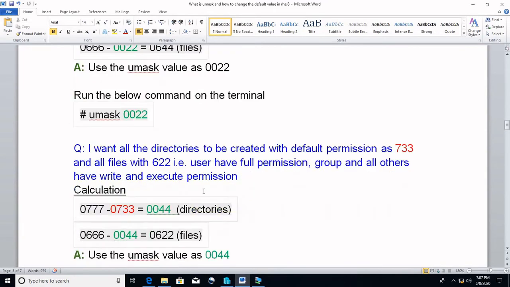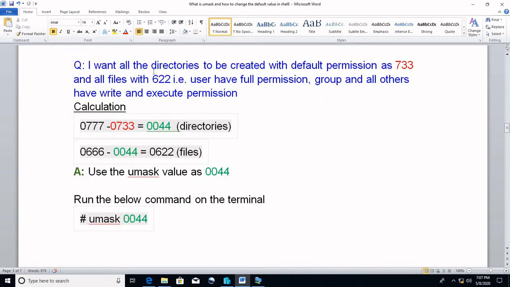I'll go to the next example. I want all the directories to be created by default as 733, and all the files 622. What you have to do is 777 minus your required value 733, then you will get the umask.